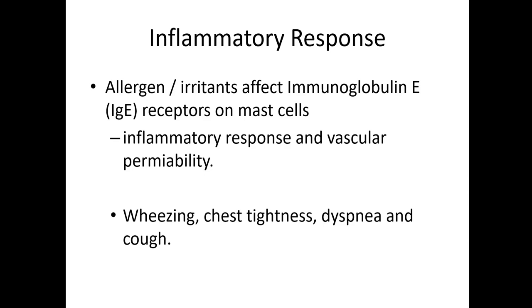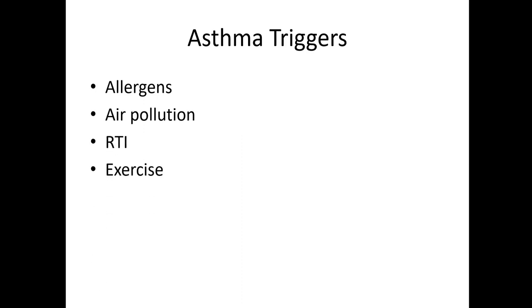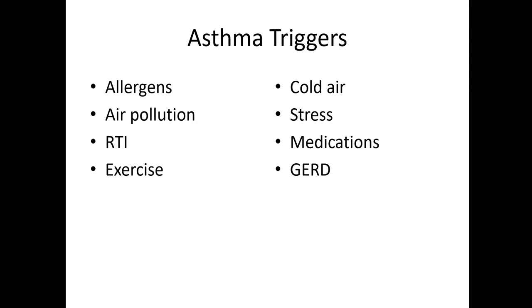Normal eosinophil is like 1 to 4%. When the patient has an asthma exacerbation, it becomes very high. So when these immunoinflammatory responses occur because of the triggers, the patient will start wheezing, with tightness, dyspnea, and coughing. Asthma triggers: allergy, air pollution, respiratory tract infection, exercise, cold air, and stress can trigger asthma. Medications, GERD,